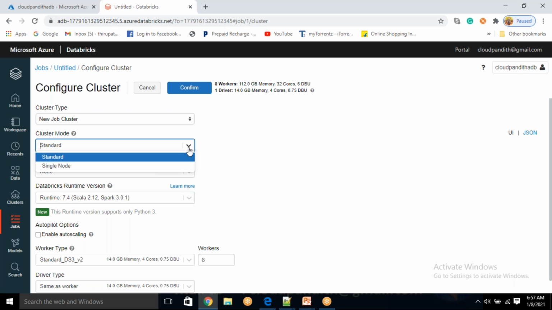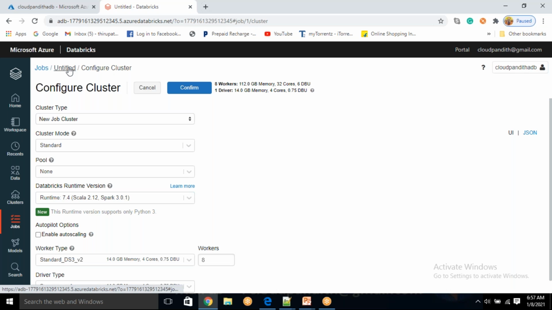Okay, multiple jobs you cannot execute on a job cluster at the same time. Because every time it is going to create a new one, but multi-threading you can use to do that. You can attach multiple notebooks to the same cluster if it is all purpose, but if it is a job cluster, every time it is going to create a new cluster. Understood now at least, friends?